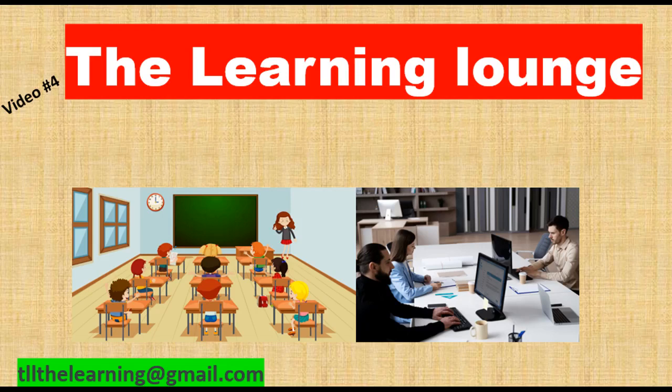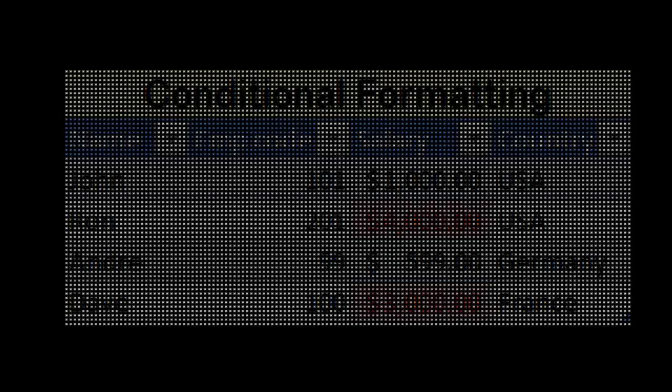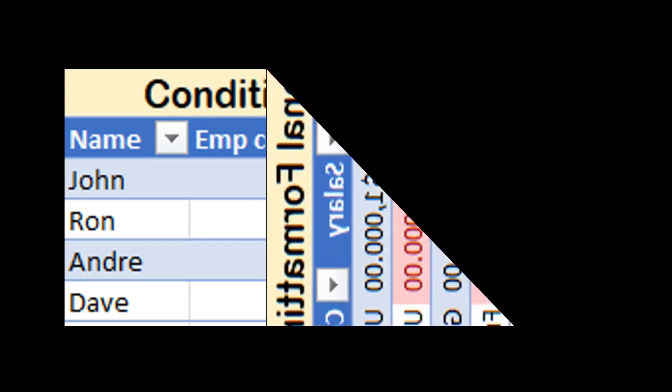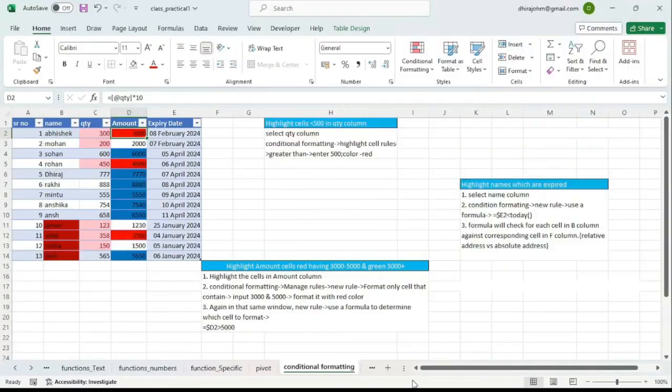Today we will try to uncover and understand one of the most interesting features of Microsoft Excel, and that is conditional formatting. As the name suggests, this feature gives us the capability to visually highlight the data based on certain conditions. To understand this statement and get it conceptually tested, we need to roll up our sleeves and get our hands